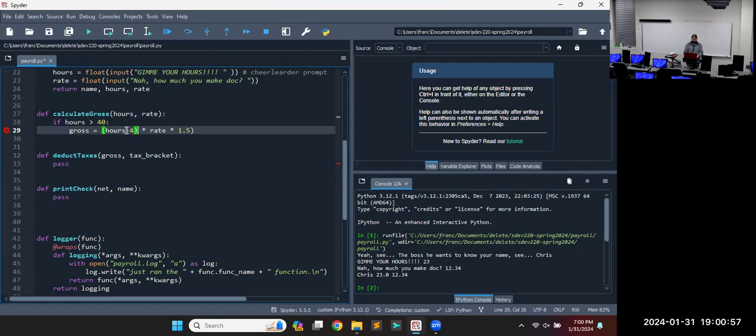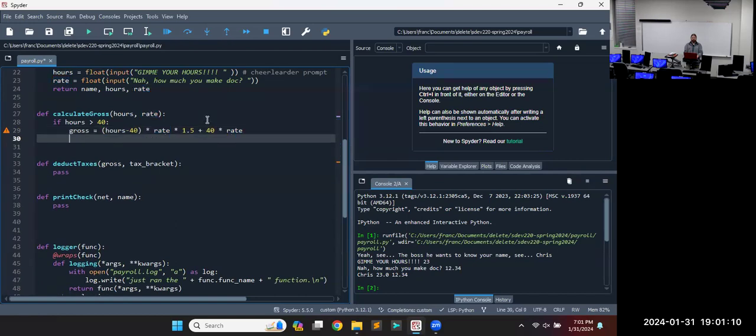Whoops. Not the shift key there. And all of this, and then our first 40 hours is just the regular rate of pay. I do shift tab to do indenting. Backspace also works, but if you haven't seen that before, tab goes forward and shift tab goes backwards. Else,